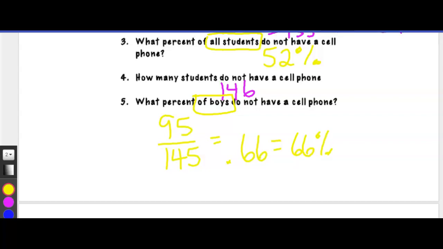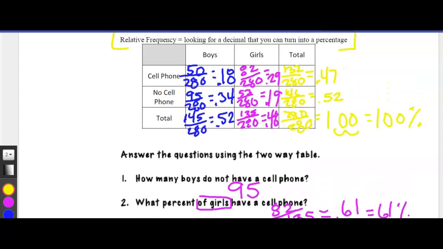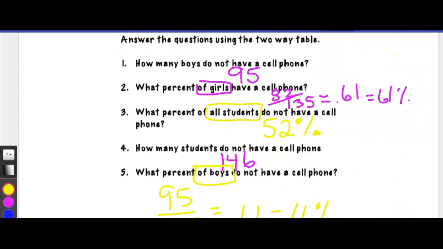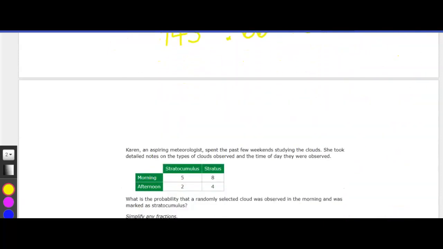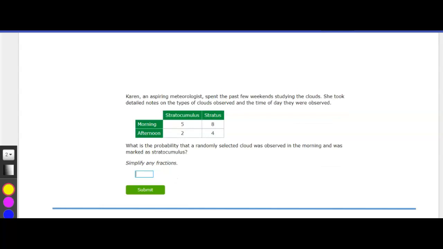So I hope that helped you. I made the relative frequency chart, this one right here, because you will see it just a little bit on one of the IXLs. So speaking of IXLs, and actually before we move on,